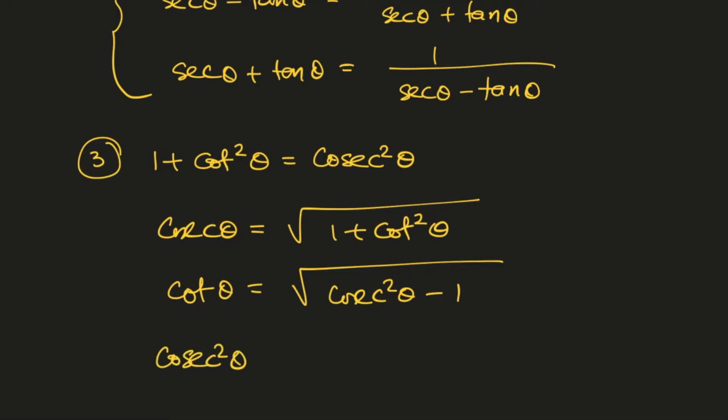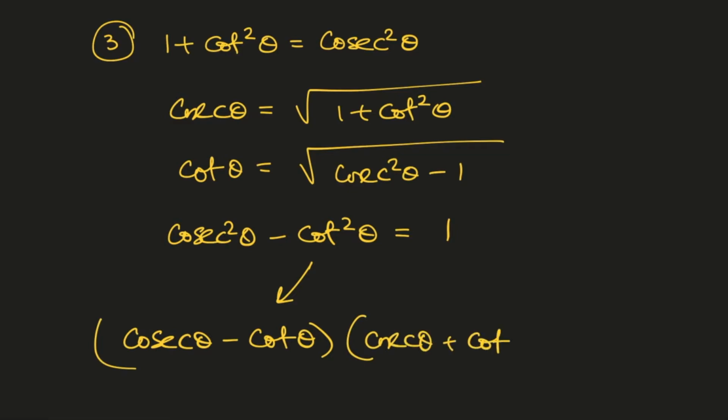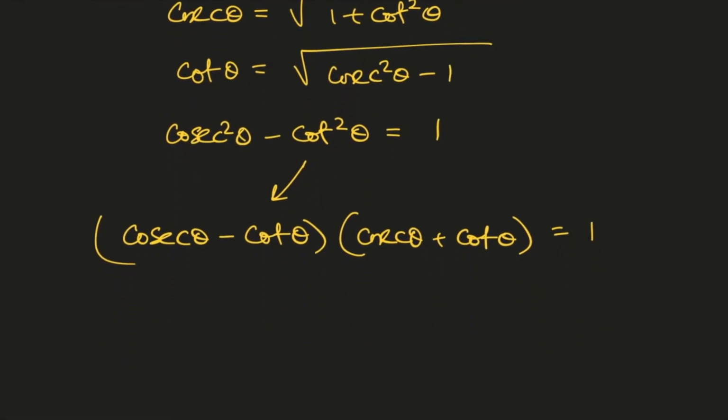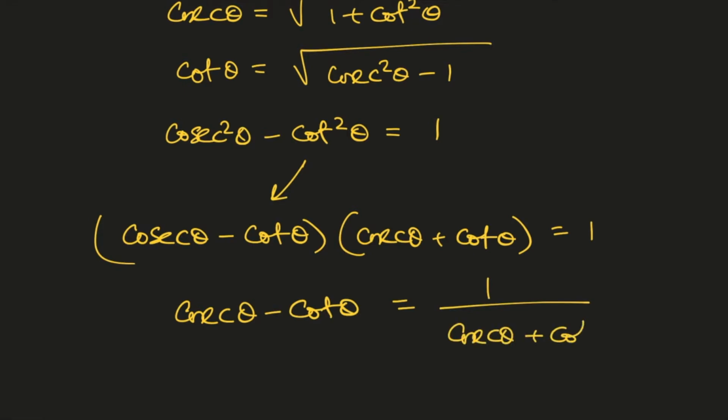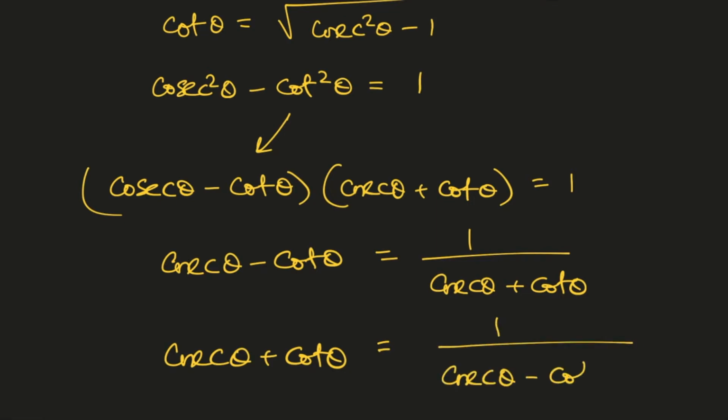cosec square theta minus cot square theta is equal to 1. And this you can also write as cosec theta minus cot theta into cosec theta plus cot theta is equal to 1. And now you realize that cosec theta minus cot theta is the reciprocal of cosec theta plus cot theta. And similarly, cosec theta plus cot theta is the reciprocal of cosec theta minus cot theta. Okay,